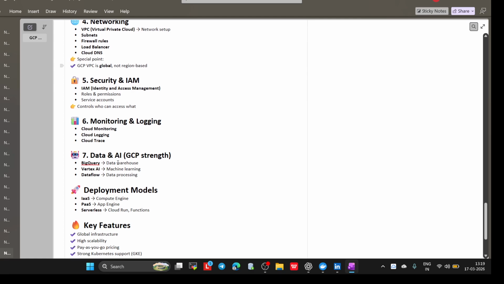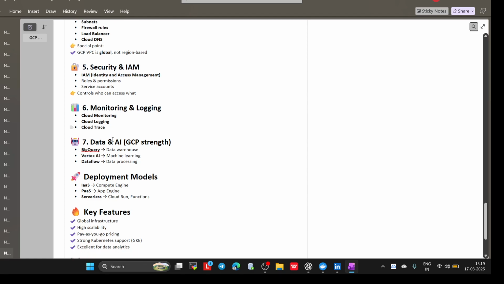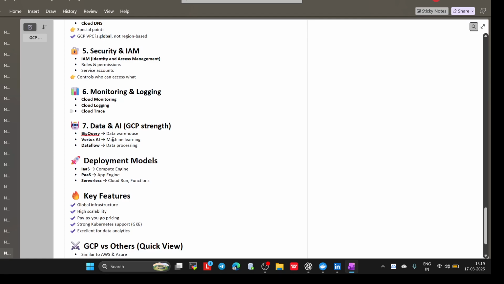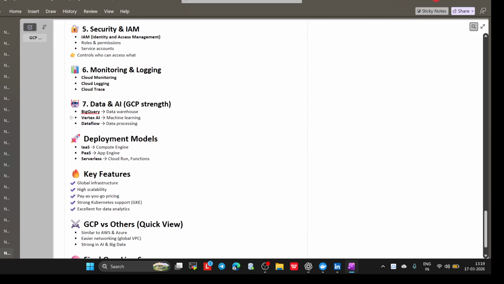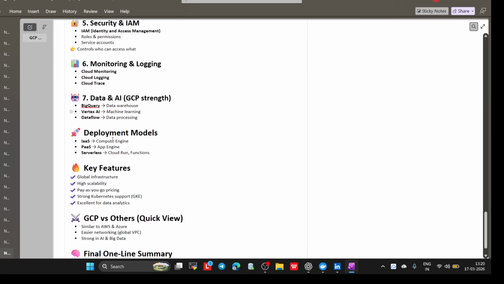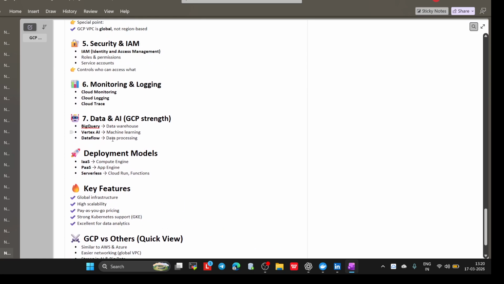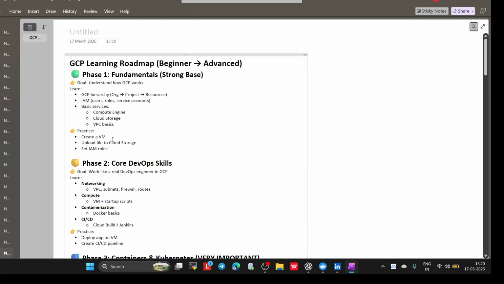For monitoring we have Cloud Monitoring, Cloud Logging, and Cloud Trace. For data and AI we use BigQuery, Vertex AI, and Dataflow. Deployment models: IaaS, infrastructure as a service, is Compute Engine; PaaS is App Engine; and serverless is Cloud Run and Cloud Functions. So GCP offers global infrastructure, high scalability, pay-as-you-go pricing, strong Kubernetes support, and is excellent for data analytics. That is about GCP, and we will start from tomorrow.